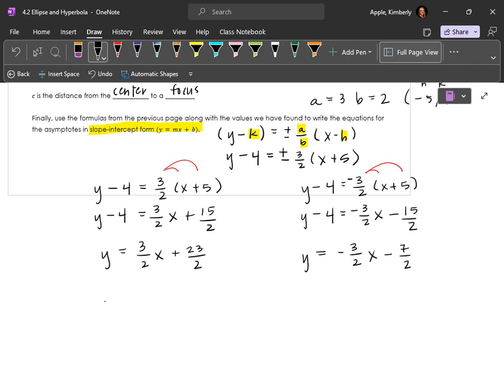And that is the last part of the skill for hyperbola. And so here is kind of why the